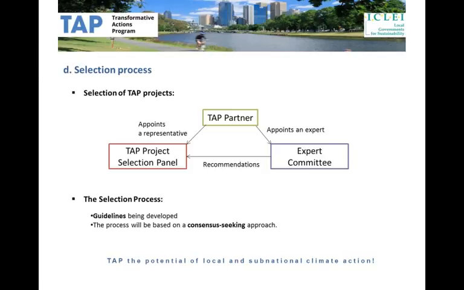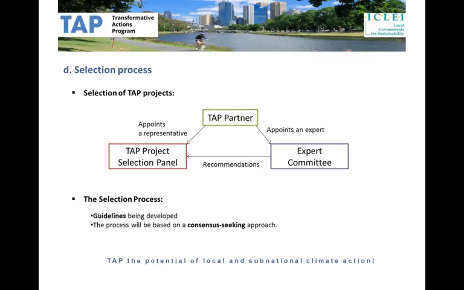Two entities will be involved, so a TAP project selection panel, an expert committee, and so the principle is that each TAP partner, that is local government organizations, financing institutions, civil society, NGOs, etc., will appoint a representative to sit in the project selection panel and an expert to sit in the expert committee. And so the principle is that the expert committee will make recommendations to the TAP project selection panel.